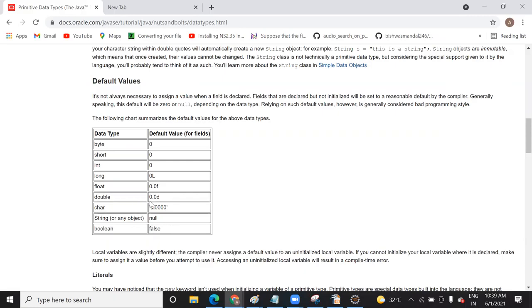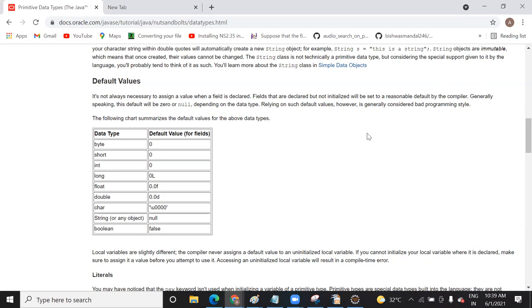Let me check it with others also. Float default value. As it is written, it will be set reasonably by the compiler. So I think for the compiler I have installed, the default value would be zero or null depending on the data type.